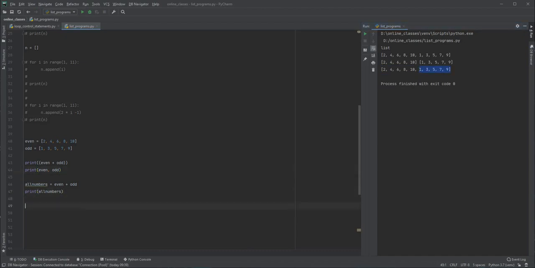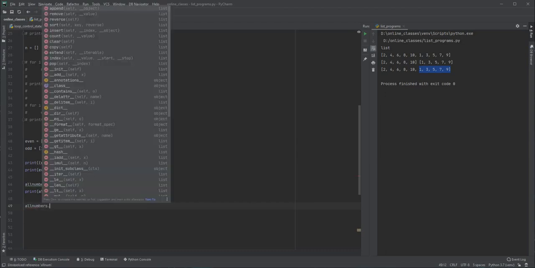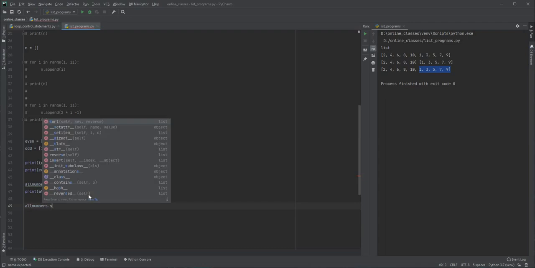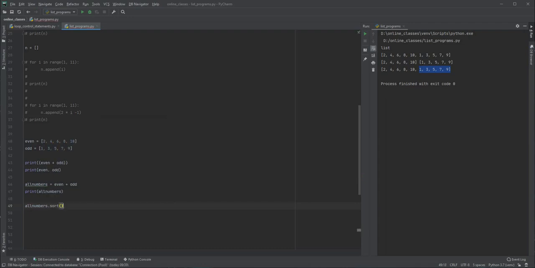But in order to sort all the numbers, we have the sort function. What we can say is all numbers dot sort, and reassign that value into all numbers itself. Now we will use the print statement, print all numbers.